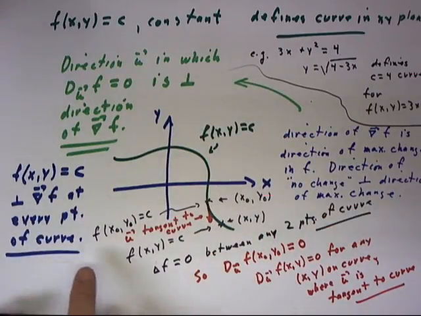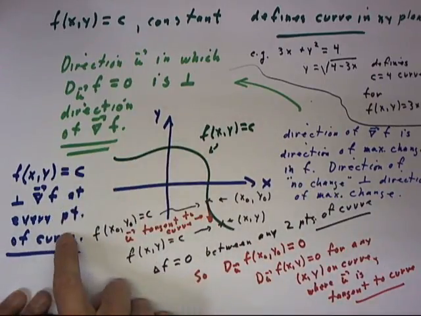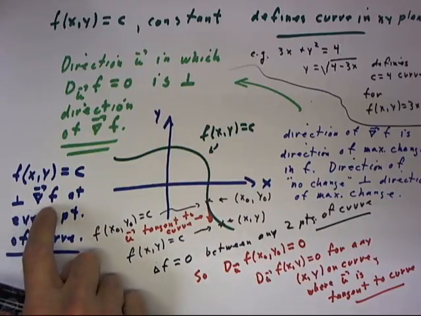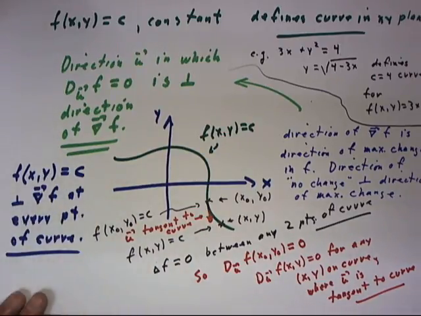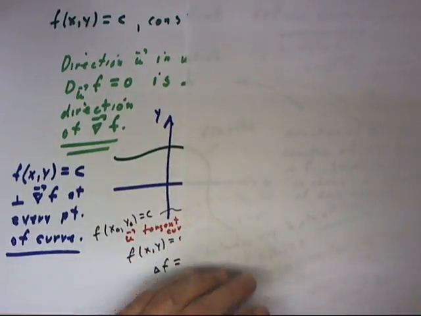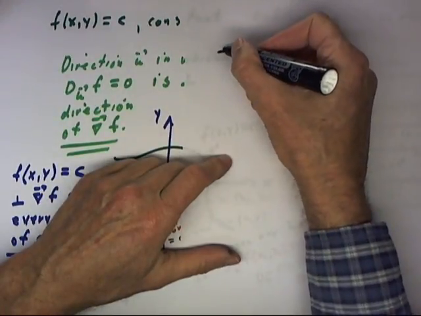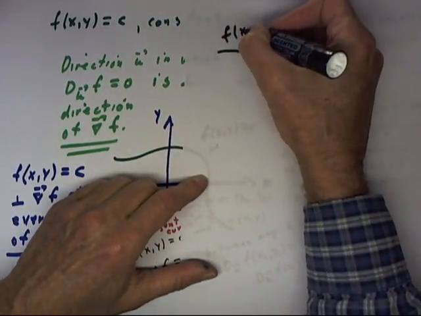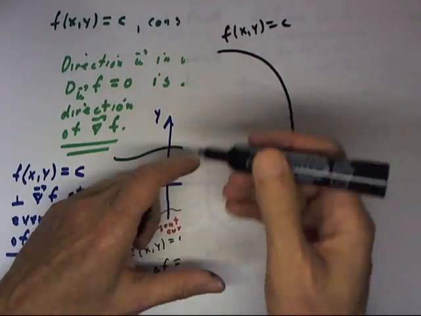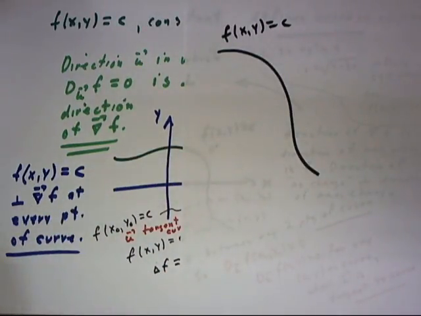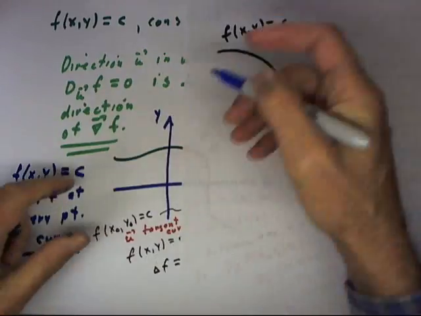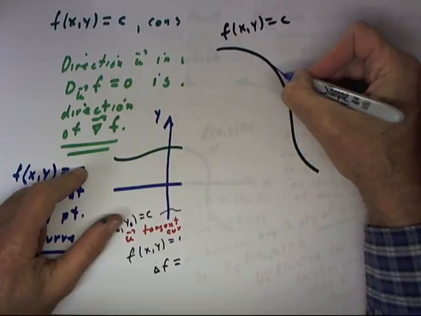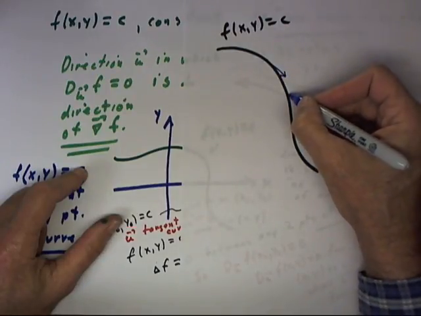So we've argued, at least a plausibility argument, that the curve f of xy equals c is at every point perpendicular to the gradient of f evaluated at the point xy. Geometrically, if this is our curve f of xy equals c, then at every point on that curve, again assuming a suitably behaved function f of xy, we have